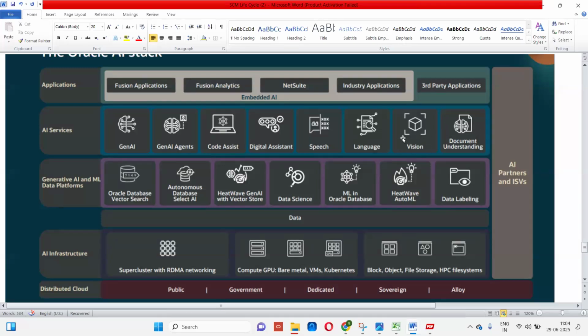So vision, I am not sure why they use it, but language they use for translation purposes. Speech, the same thing, and these are all the models. Okay, and I was talking about generative AI and ML data platforms, right? So non-generative and generative and machine learning. Okay, so they use all these different kinds of